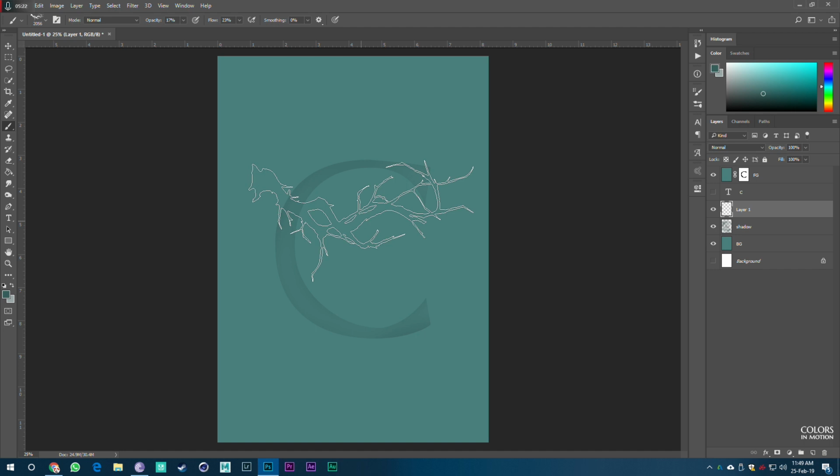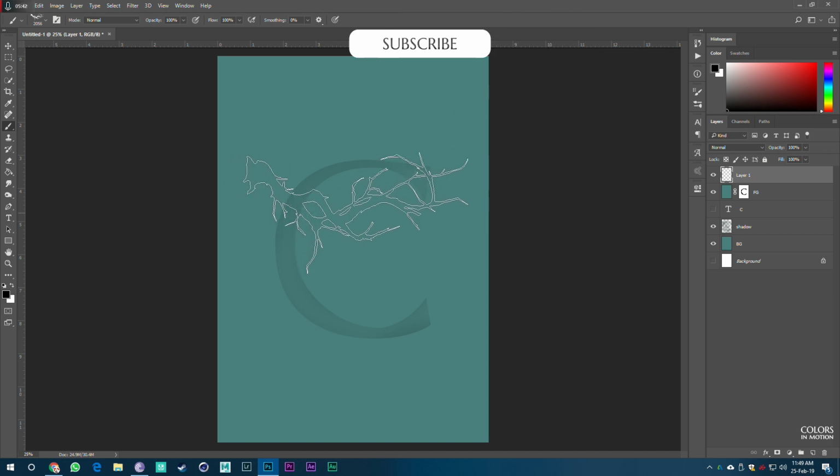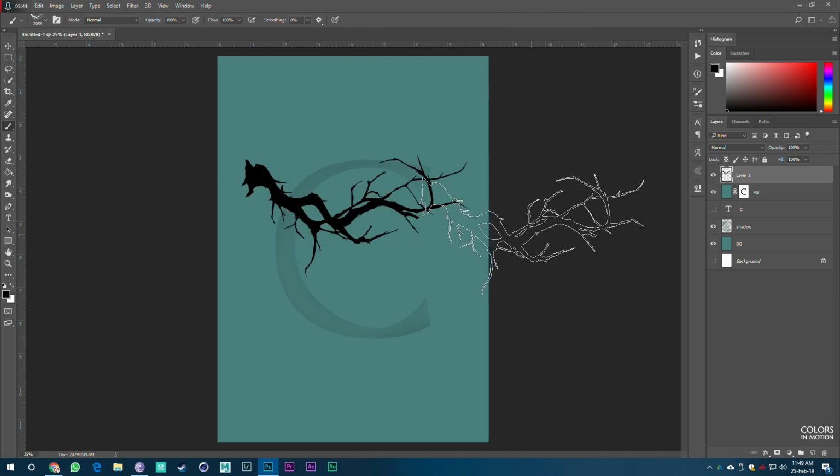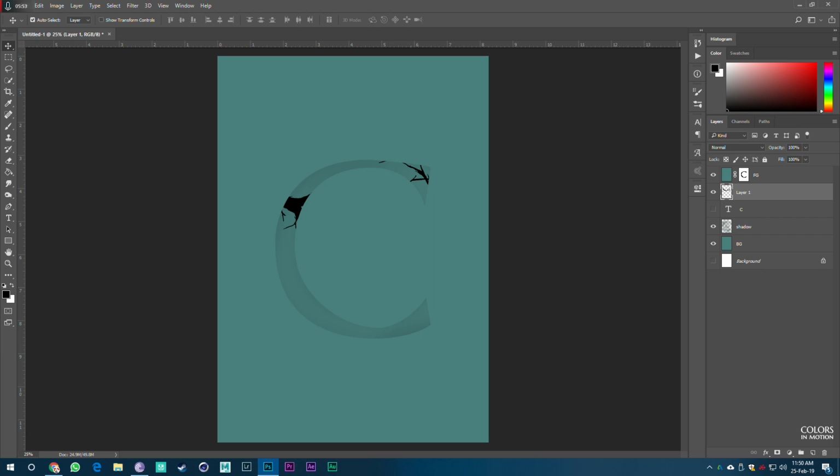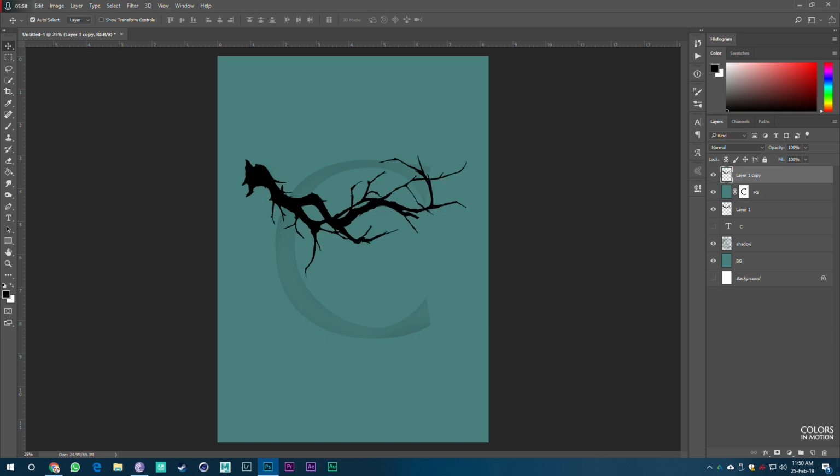So let's go and press D to default the colors and select black and just click once. Nice. What I want is to drag this layer down so that we got this thing inside, and again duplicate it and put it above everything. Put a layer mask,